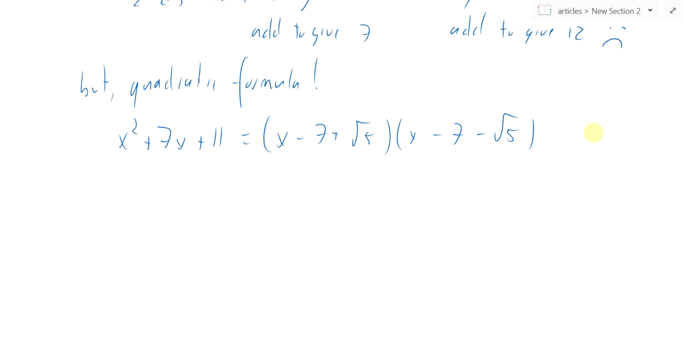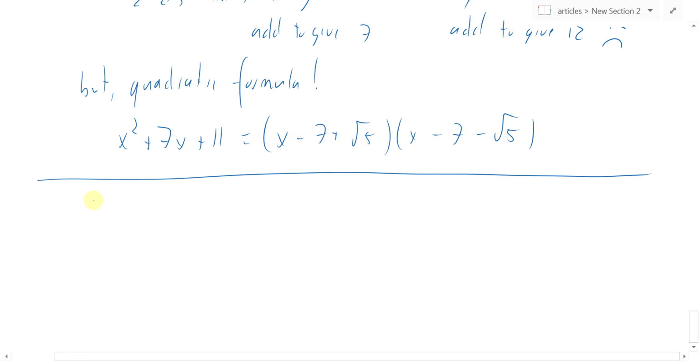So, you know, the AC method will work a lot of the times. The quadratic formula will work all the time. But the quadratic formula is much more complicated, so it's much easier sometimes and faster, which is important when you're doing tests or quizzes or something, to use the AC method. And one last thing,